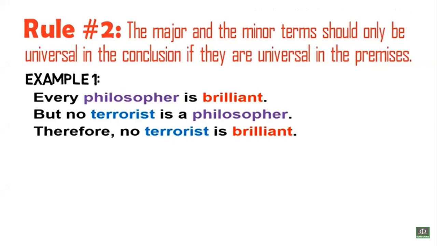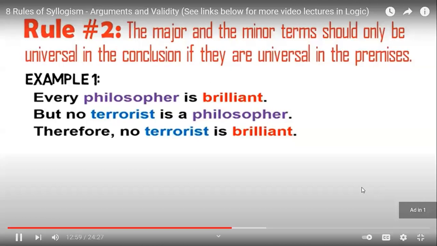Now, let's continue. As we can see, the minor term terrorist in the conclusion is universal because of the universal signifier no. And since the minor term terrorist in the second premise is universal because of the universal signifier no, then the syllogism does not violate rule number 2 in the context of the minor term. However, the major term brilliant in the conclusion is universal because the proposition is